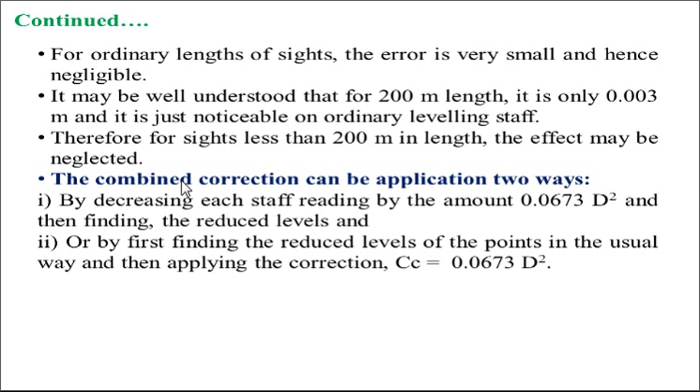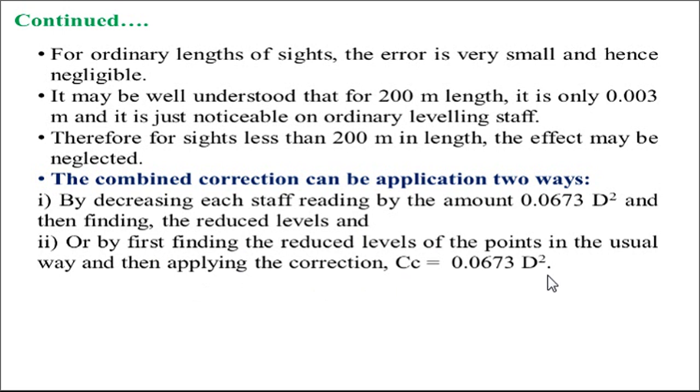The combined correction can be applied in two ways. One, by decreasing each staff reading by the amount 0.0673 d square and then finding the reduced level, or by first finding the reduced level of the point in the usual way and then applying the correction CC equal to